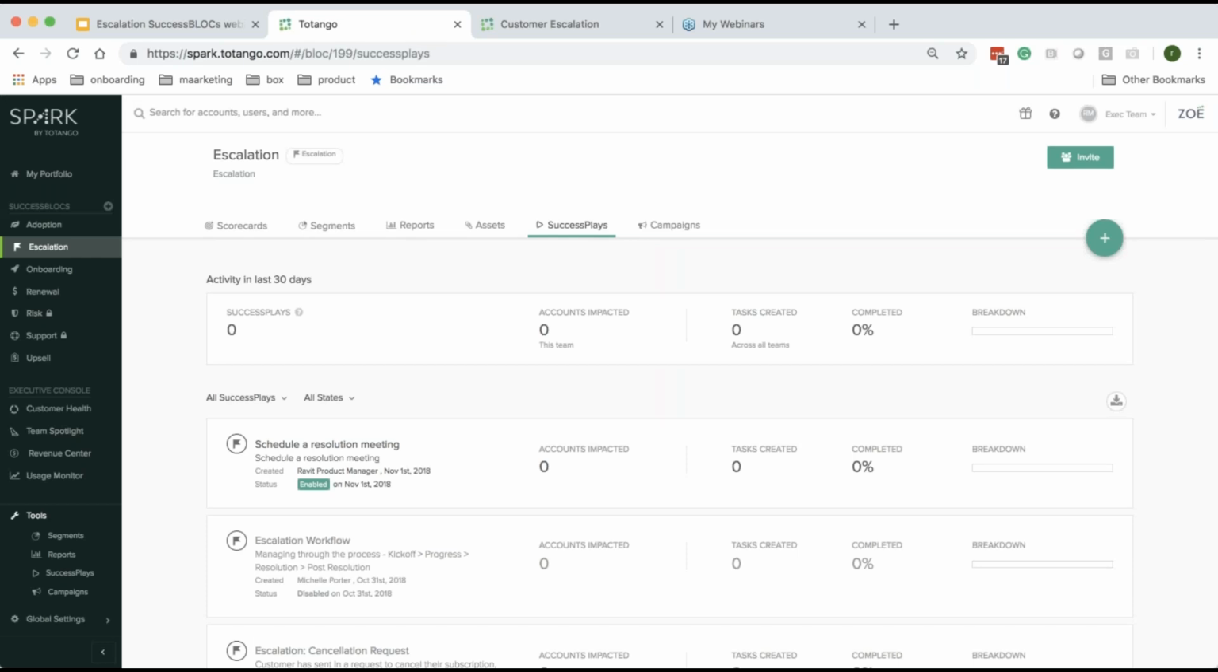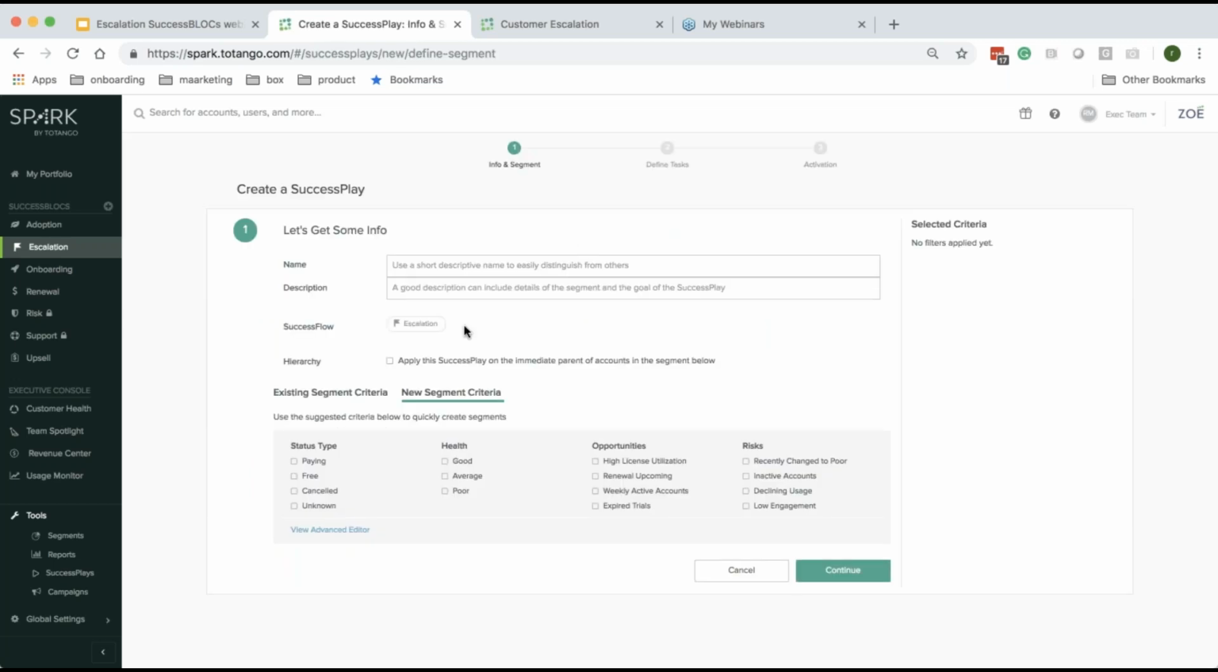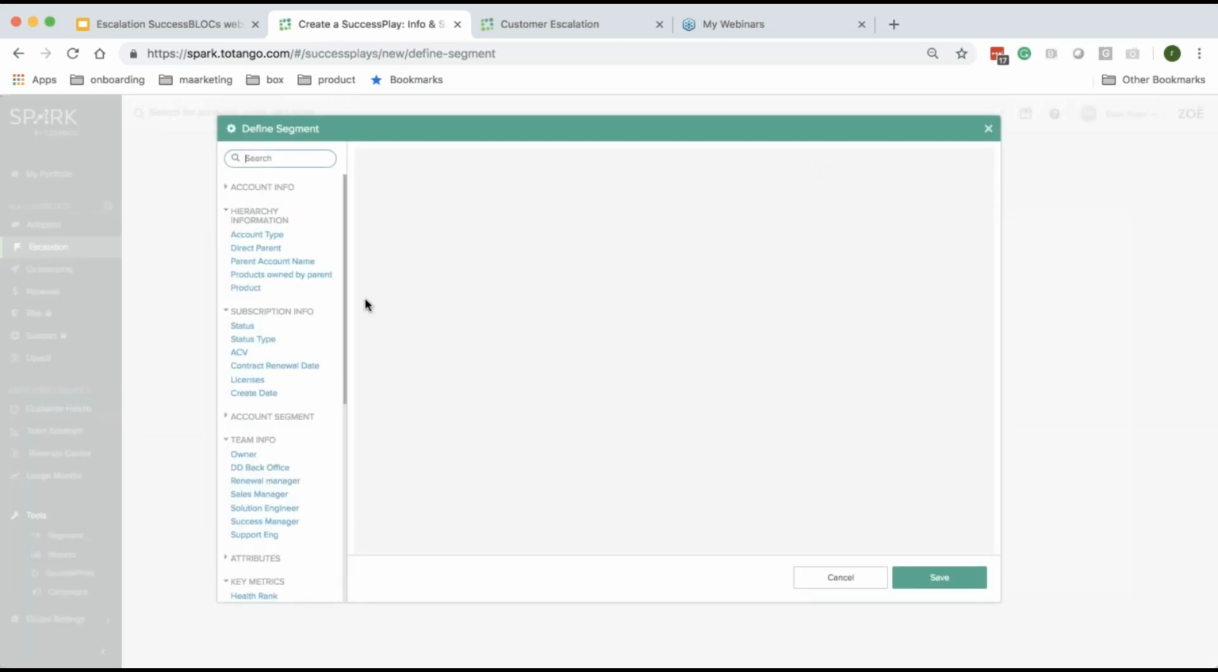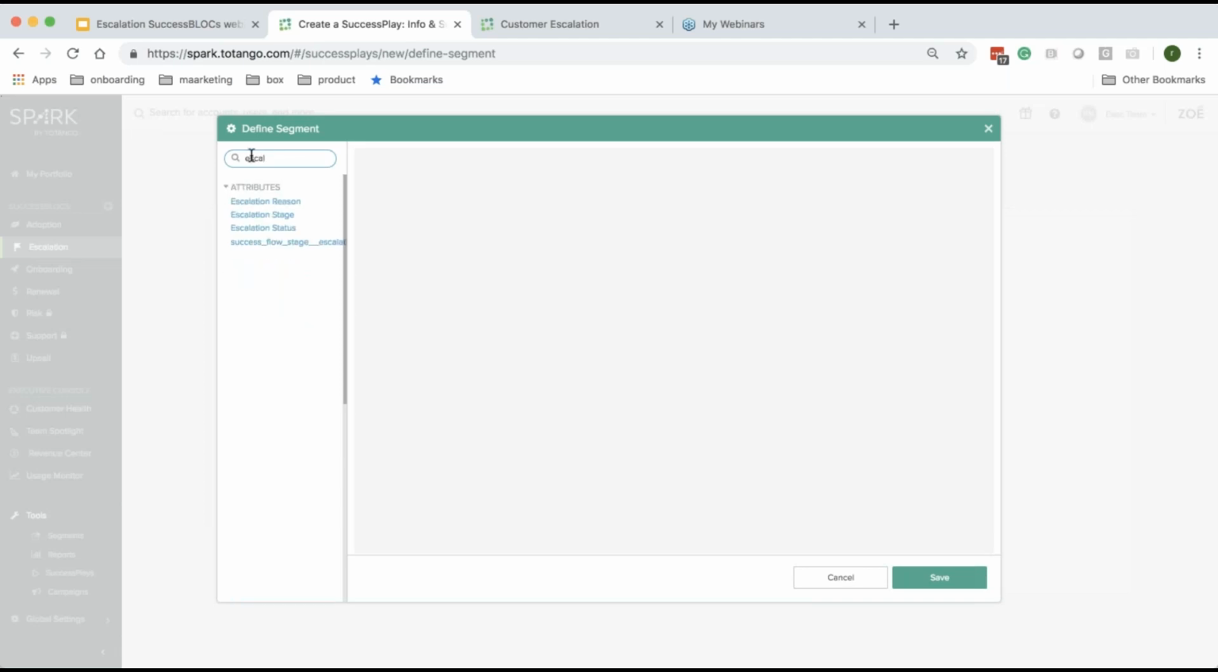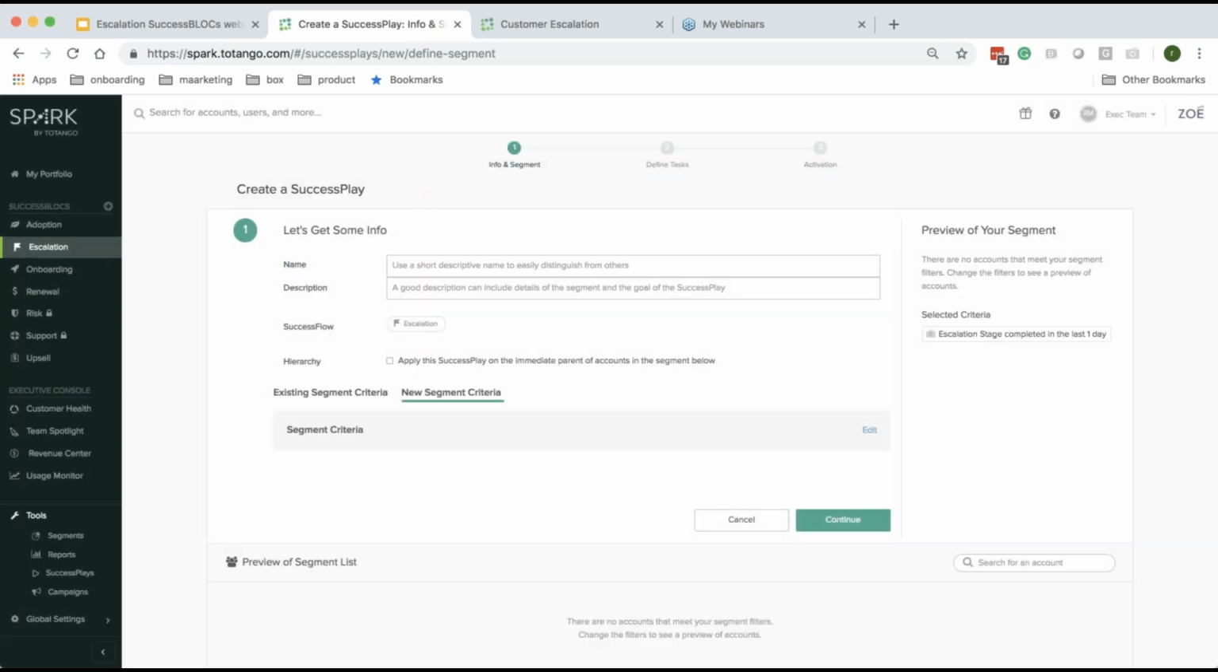The success play is now working. The fact that I could take advantage of a specific stage of the escalation made it very, very easy for me to do that. For example, if I want to do right now the same for accounts that completed escalation, because I want to make sure that I'm sending them an NPS to understand how the escalation experience was, I can go ahead and just define all the escalations that were completed. Just show me that,